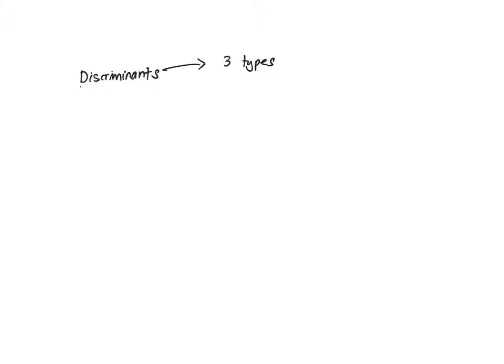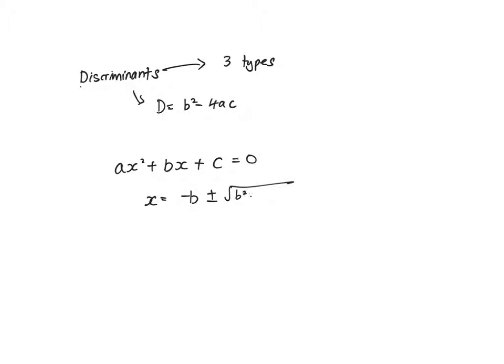Number 1 will be real and distinct. So the discriminant, as you remember, is equal to b squared minus 4ac. So why do we choose this to be the discriminant? Because really it discriminates. If you are going to solve in general a quadratic equation, ax squared plus bx plus c equals 0, you recall the quadratic formula, which you've studied, is